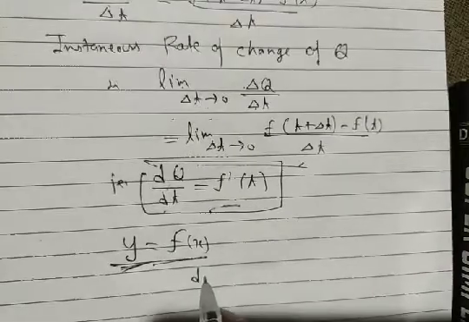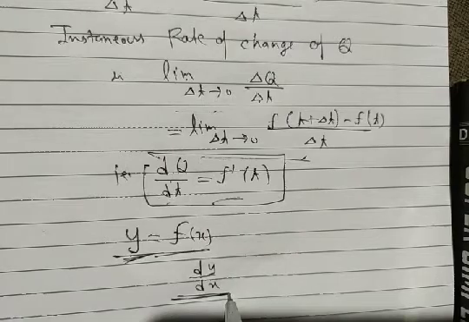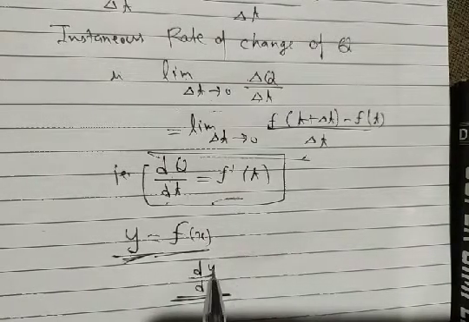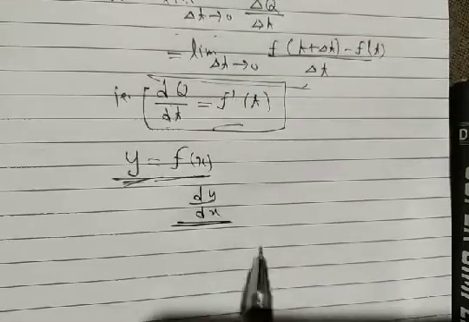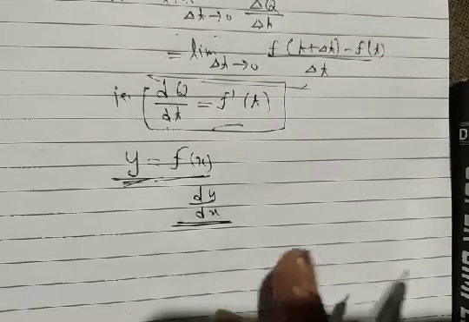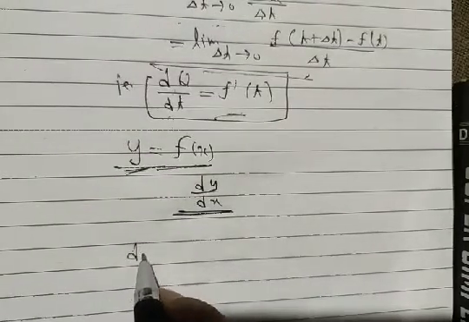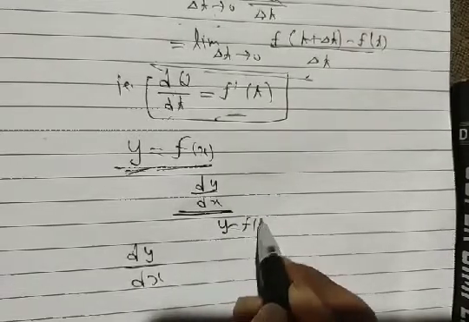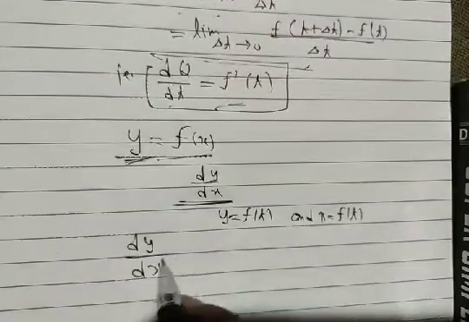Then it's measured by dy/dx of y. What is our dy/dx? Our quantity y varies with respect to x, and we measure the change in y with respect to the change in x by some rules. Also, if our x and y are functions of t, then the change in y with respect to the change in x is given as follows: suppose y is some function of t and x is also some function of t, then the change is measured by